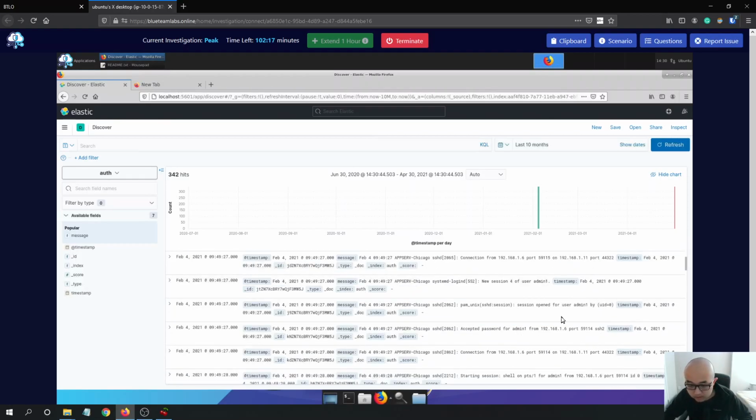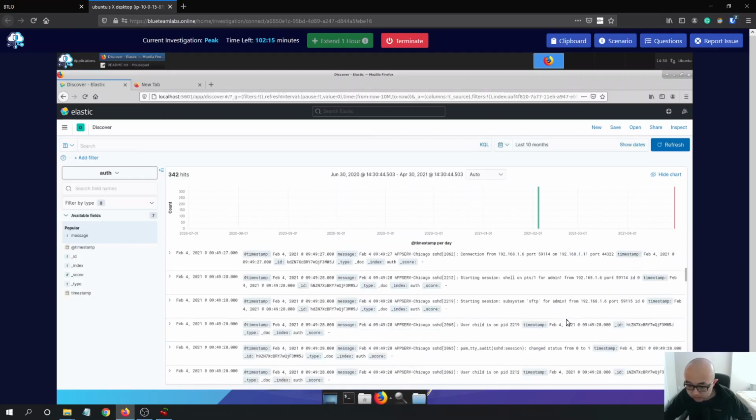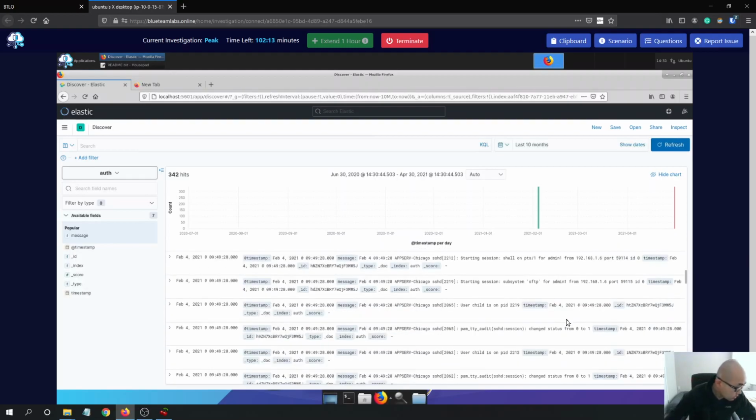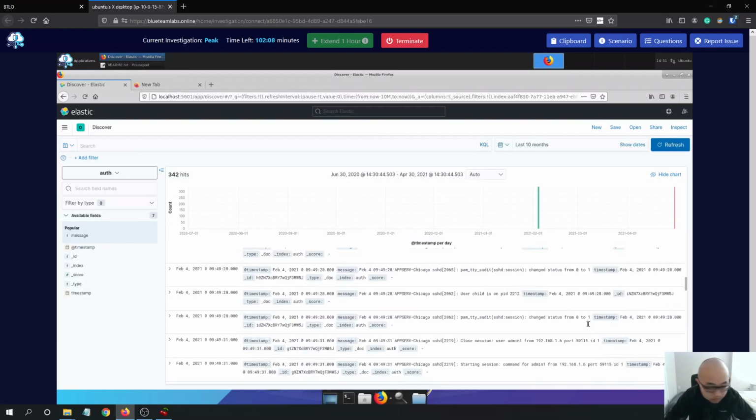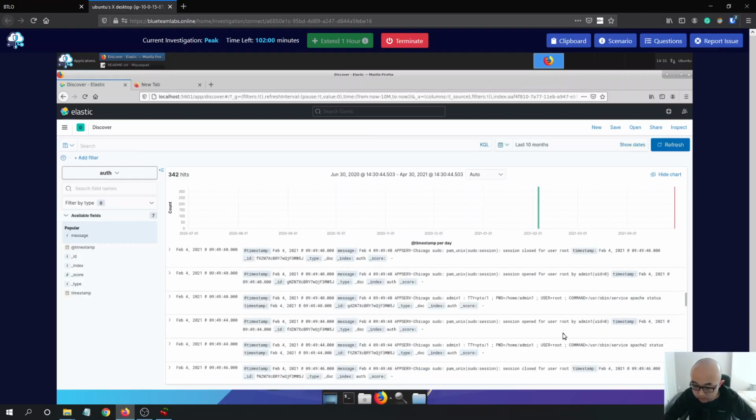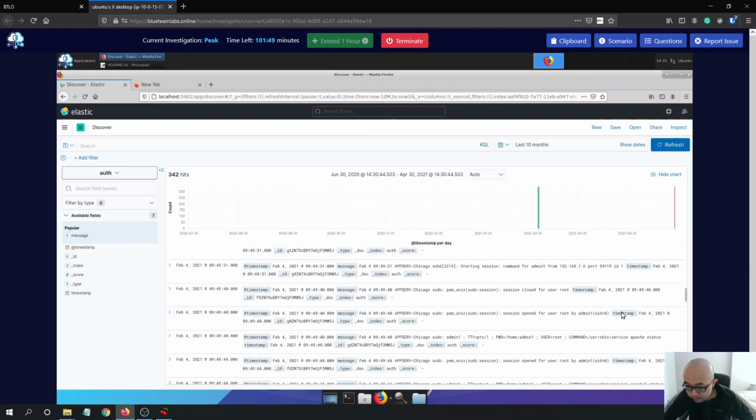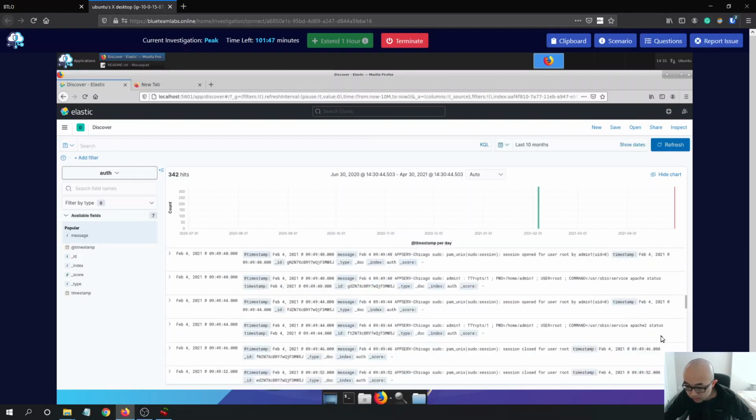So there is no easier way for doing this. You have to really just look through the logs. I'm trying to look for my notes, so I could speed up this process a little bit faster. So we can say we have a command over here, so we know that somewhere the attacker executed something on